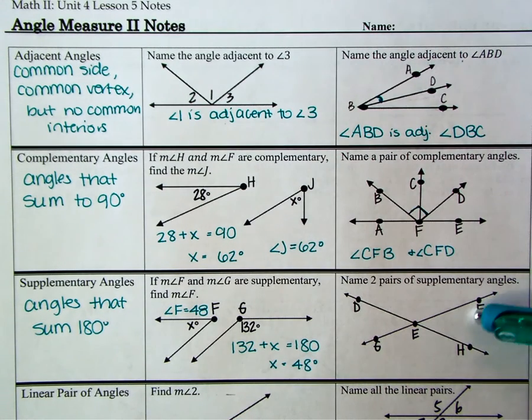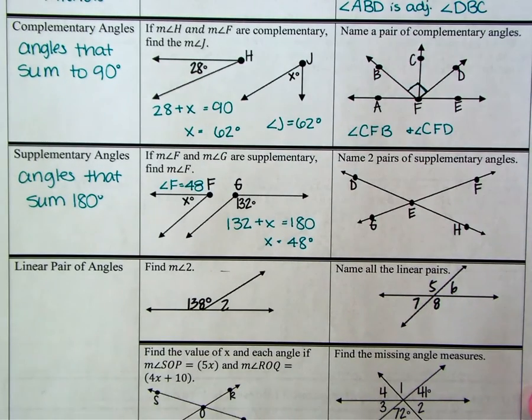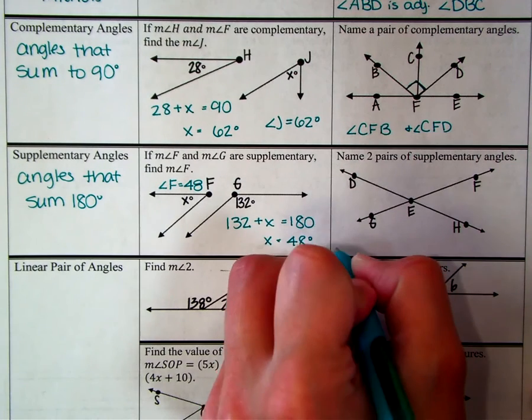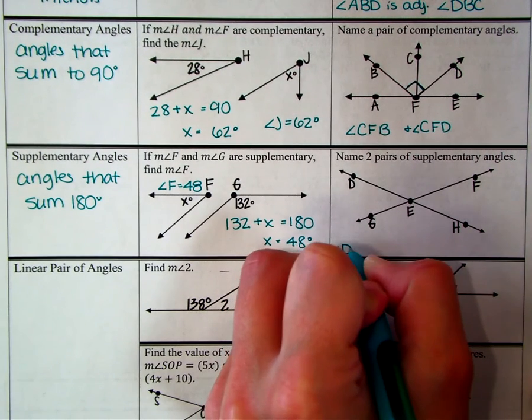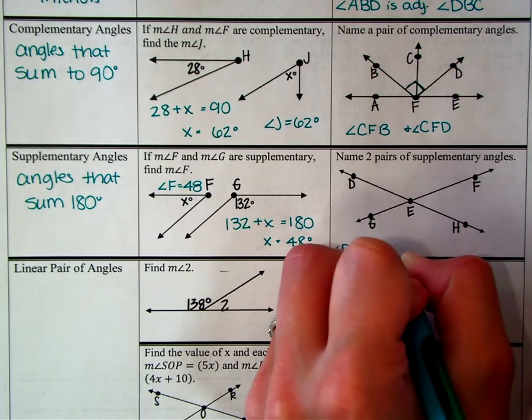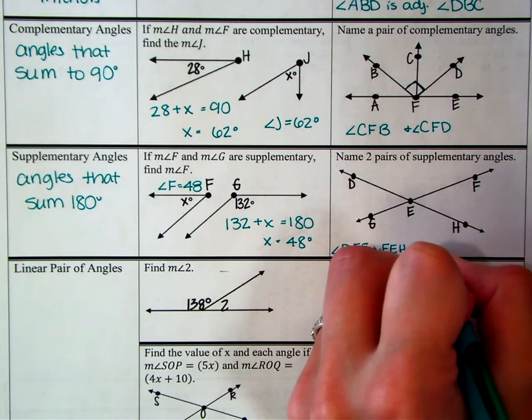In this next one, we don't have to solve for anything, but we're just trying to find two pairs of supplementary angles. There's more than two in this picture, so we're just looking for two angles that together make a line. So we could say DEF and FEH, but we could also say